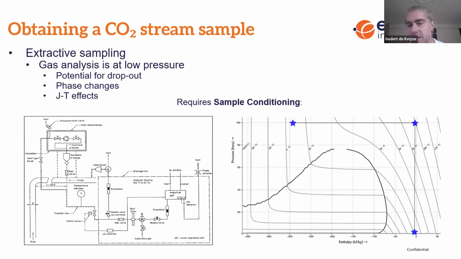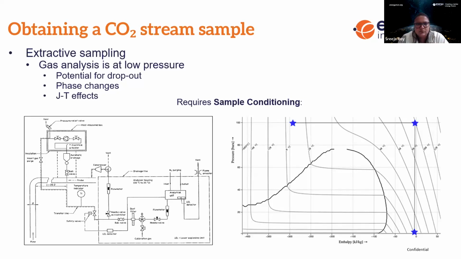And this shows basically what happens on the right. So you have a fluid or a gas in a certain phase, and to be able to measure it, you have to bring it back to a different phase and to different temperature and pressure. You have to do that while not going through the supercritical phase, where it can change behavior and suddenly expand. So you have to do it in a conditioned way, and you have to really be careful around elements like dropout, phase changes, and Joule-Thomson effects.